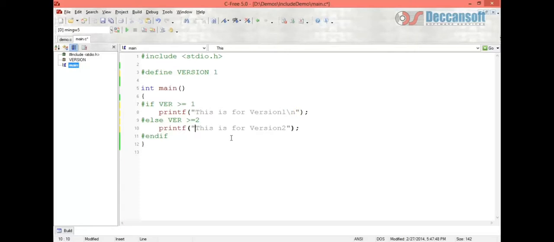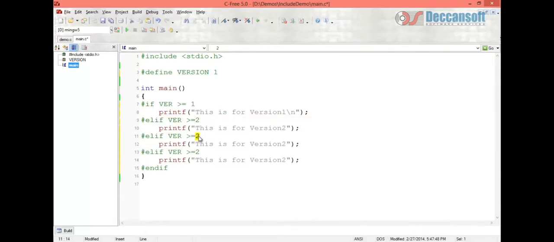Similarly, we will write macros to define the particular relation. Like if version is greater than or equal to 1, it will print "this is for version 1", or it will go to another line. So similarly, let's take some copies, up to 1, 2, 3, 4.